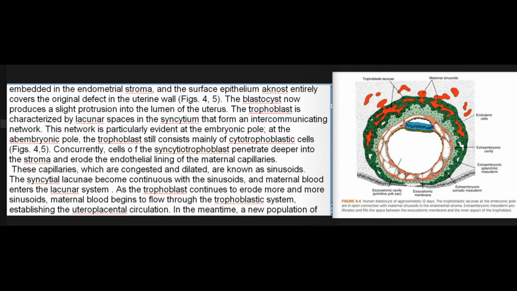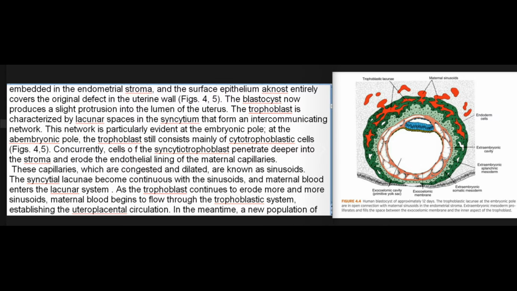At the embryonic pole, the trophoblast still consists mainly of cytotrophoblastic cells, Figs. 4 and 5. Concurrently, cells of the syncytiotrophoblast penetrate deeper into the stroma and erode the endothelial lining of the maternal capillaries. These capillaries, which are congested and dilated, are known as sinusoids. The syncytial lacunae become continuous with the sinusoids, and maternal blood enters the lacunar system. As the trophoblast continues to erode more and more sinusoids, maternal blood begins to flow through the trophoblastic system, establishing